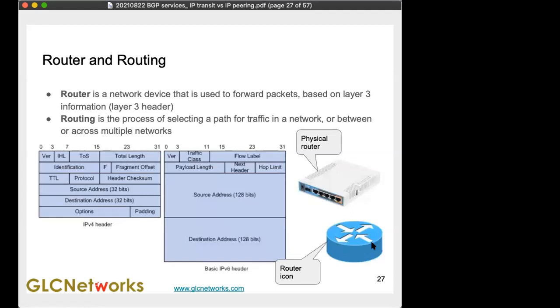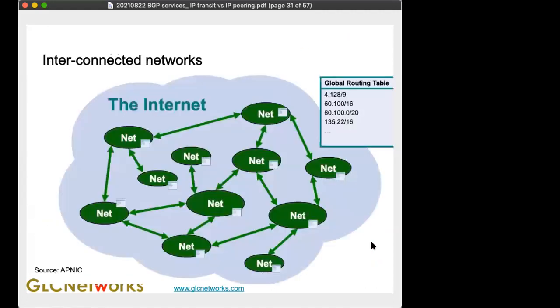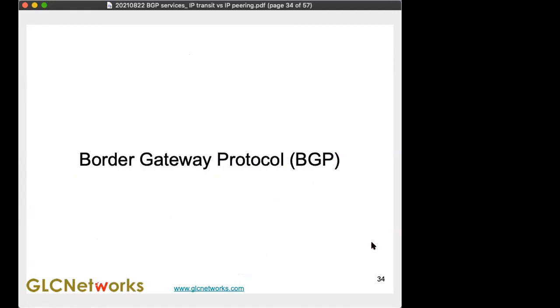Routing is handled by the routing protocol that runs on the router itself. One protocol that is widely used for internet-type connectivity is BGP, the Border Gateway Protocol. This is the one and only protocol up to now which can handle the internet-size